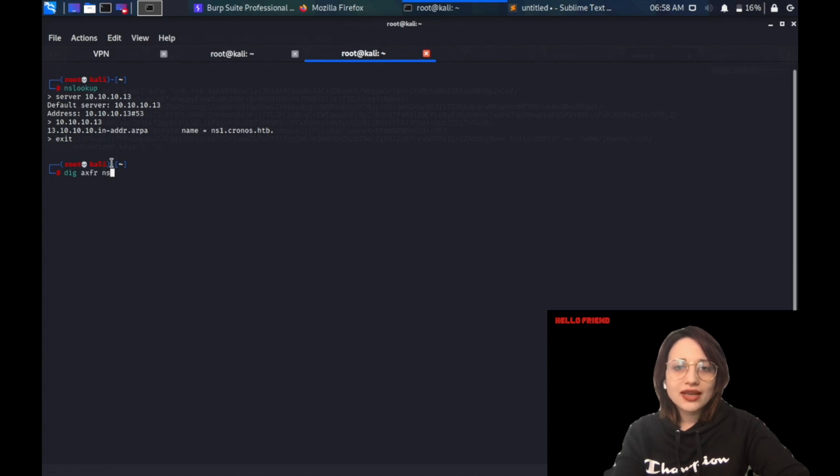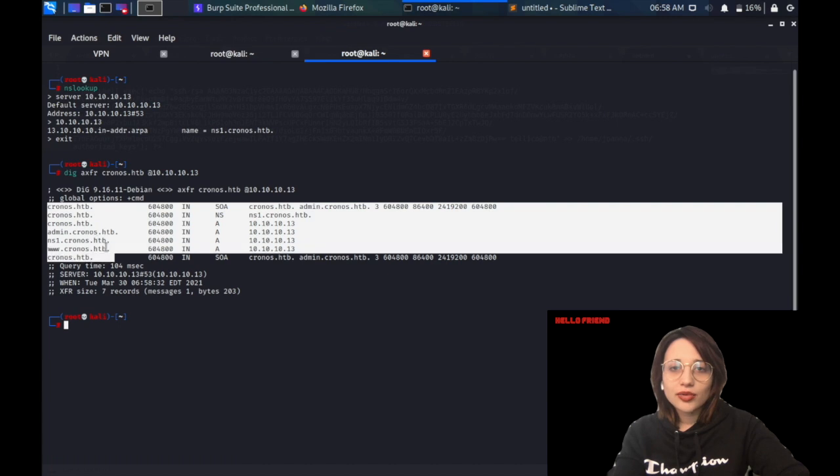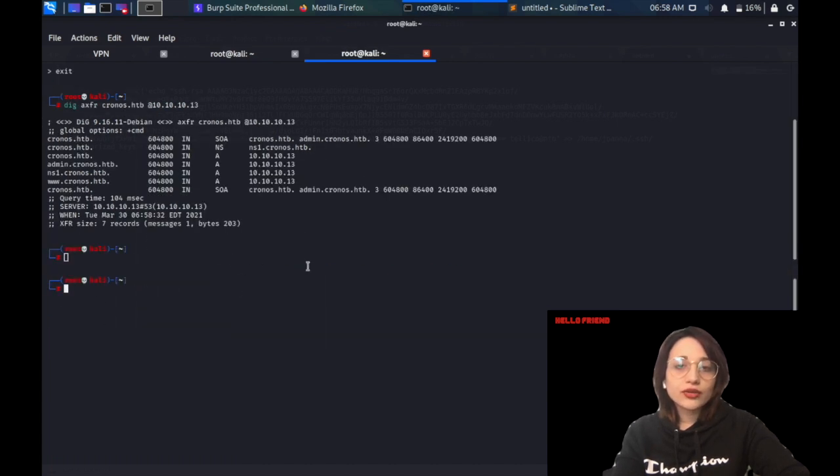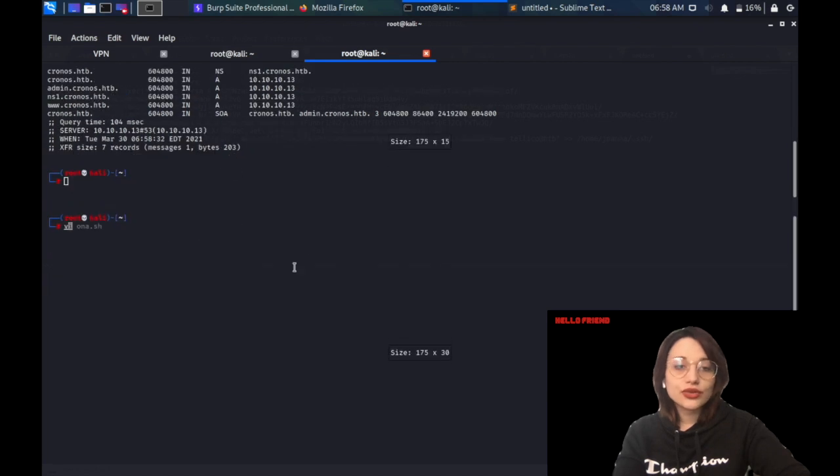I will use dig axfr, the domain name chronos.htb, as I can see in the upper page, and the IP address. As you can see, in this way, we are finding all these subdomains that we can use in the rest